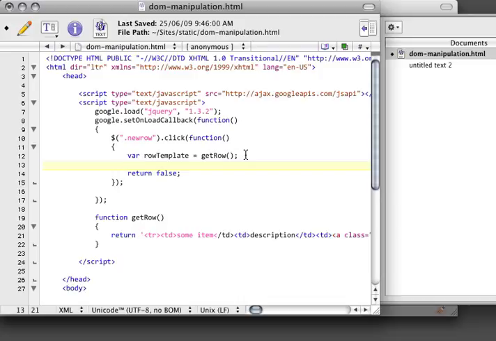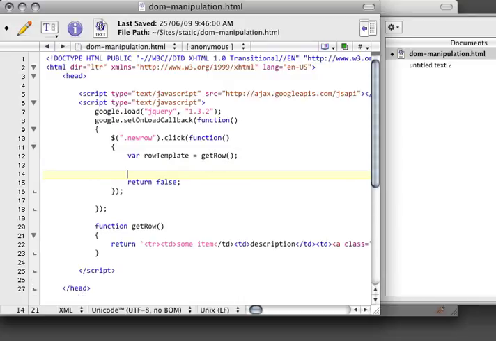And then I'm going to have a variable here called delete hyperlink. Now, actually, let's do that afterwards. First, let's just get this thing appending our rows to the table. Let's keep this nice and simple. So I'm going to say data table, and this is the same thing as doing document.getElementById, except this is the jQuery way of doing it. So we're just using the pound symbol, which is equivalent in CSS, append,